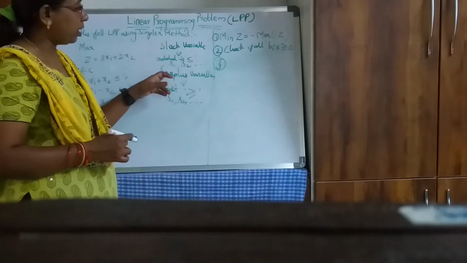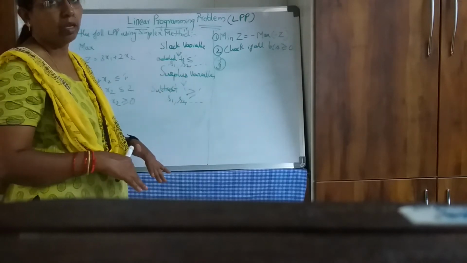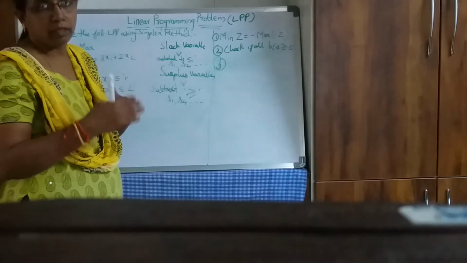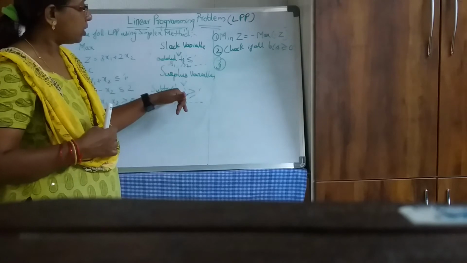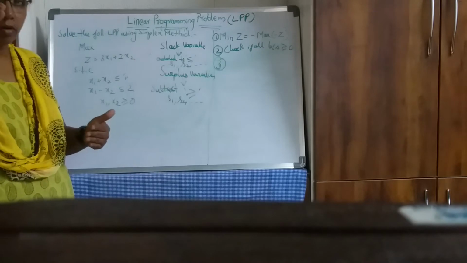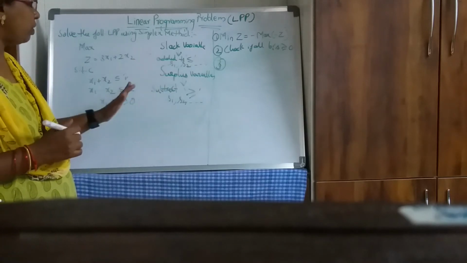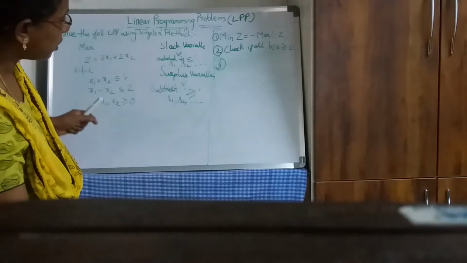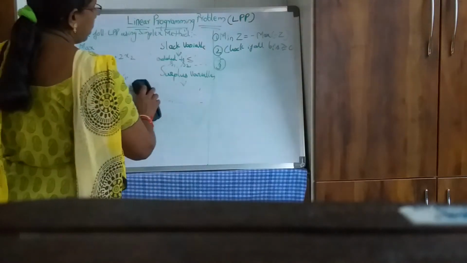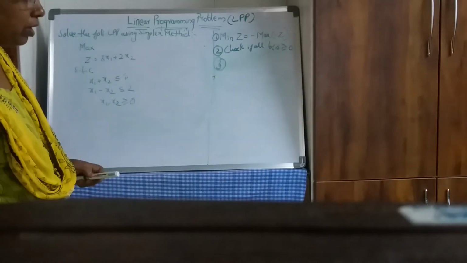From the name itself we can make out that slack means we have a deficit, that means we have less quantity. So when we have less than or equal to, we add. Surplus means we have more quantity, so we take out some quantity, and that is why we subtract. Now we have to decide which variables to use based on the inequality. In this problem you have less than or equal to type of inequalities, so I will be using slack variables.